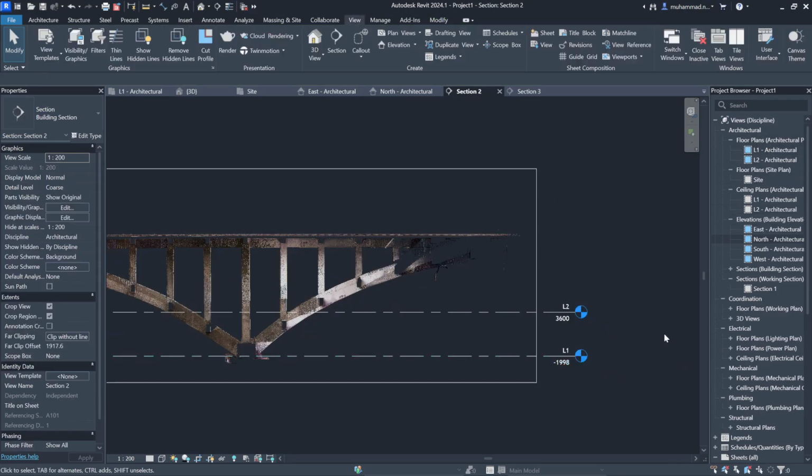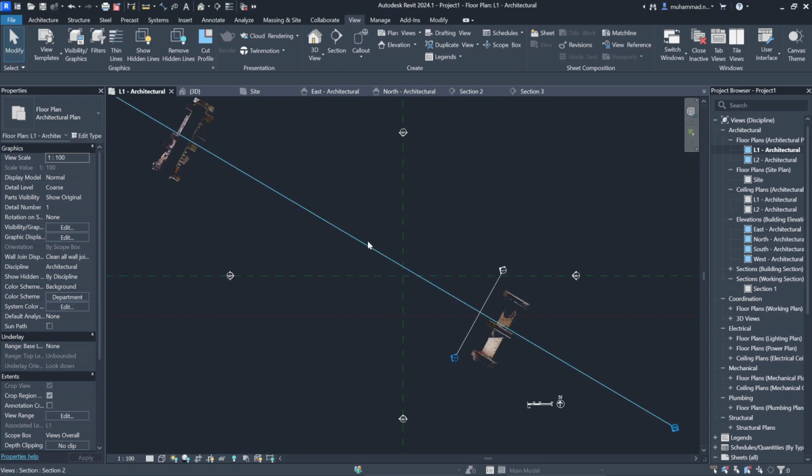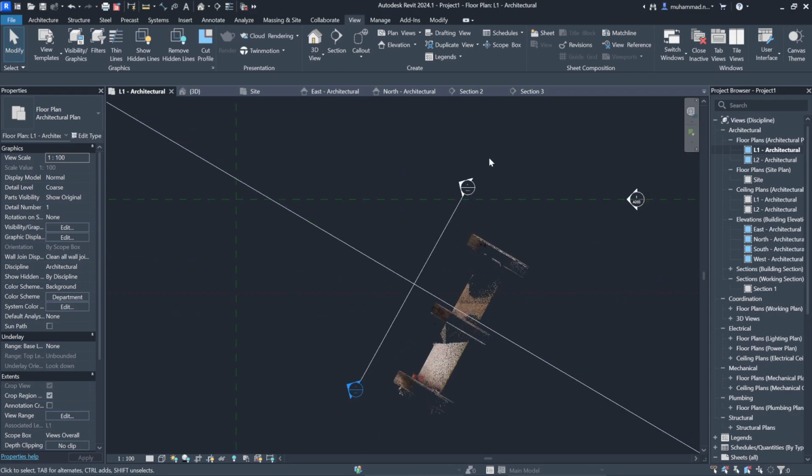After we create that L1, we can open it with floor plan L1 architectural, so that will give our view.